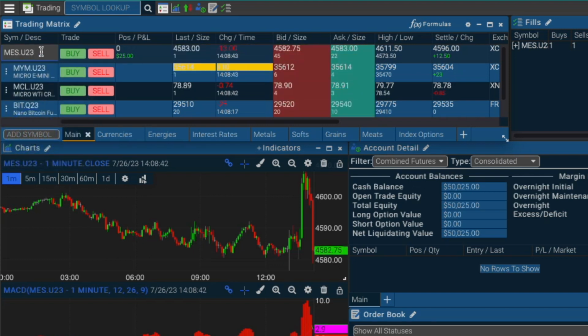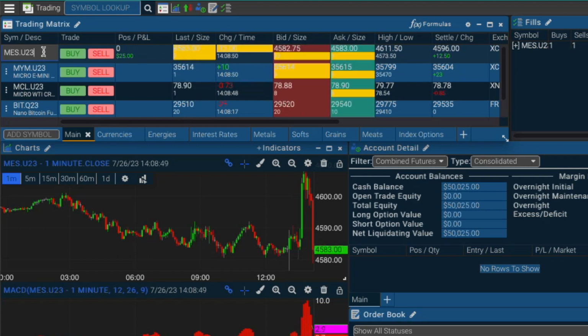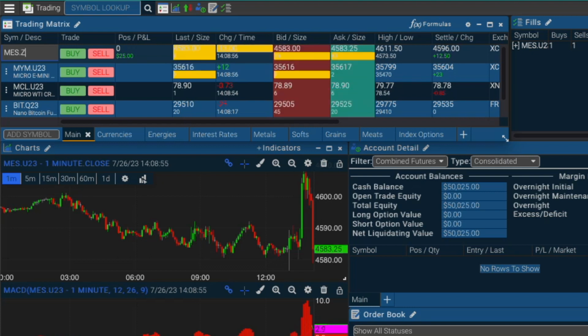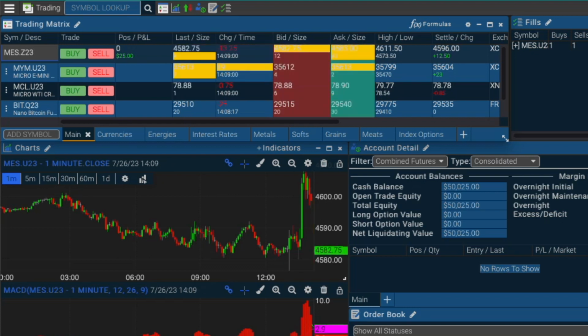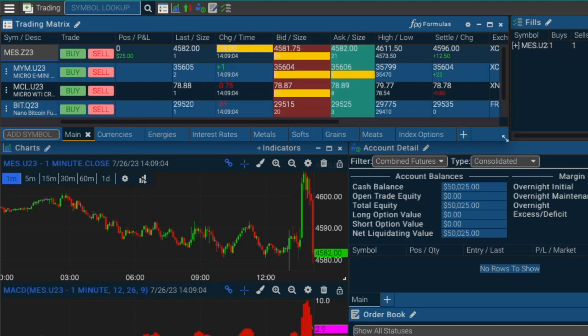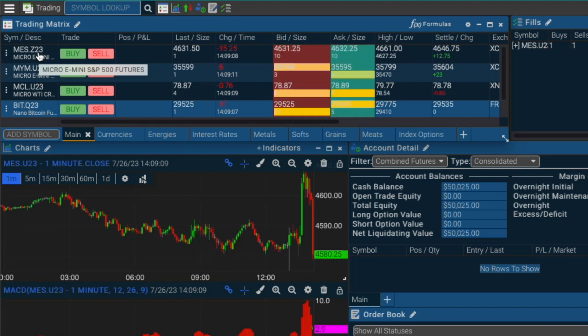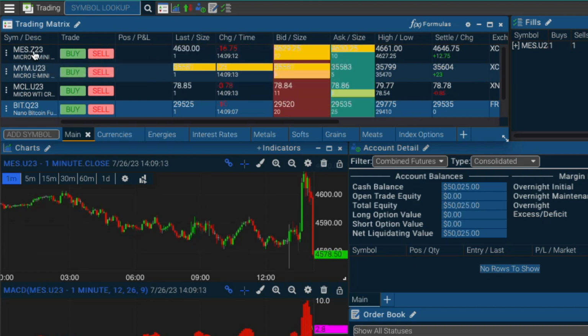When you do that, you'll see that a flashing icon appears in the symbol box. You can use your arrows or back key to erase. So Z is the month code for December, and then 23 will be for 2023. And once it's set, click enter on your keyboard. And now you'll see that the symbol has changed, and now the quotes coming in will be for that December